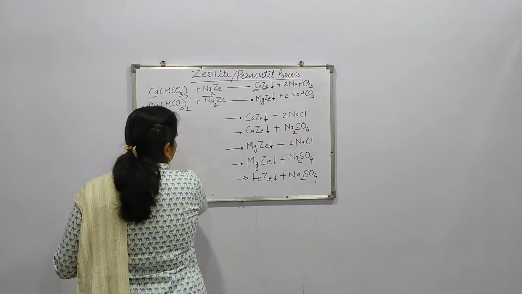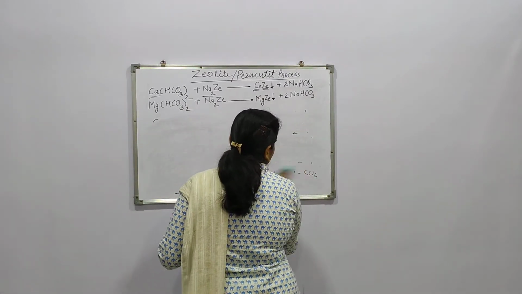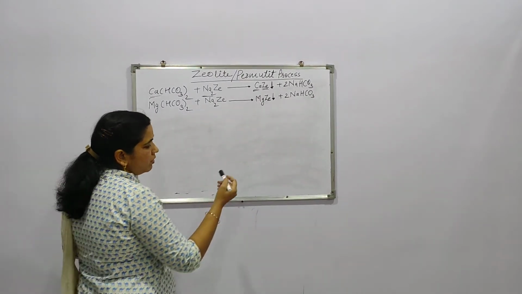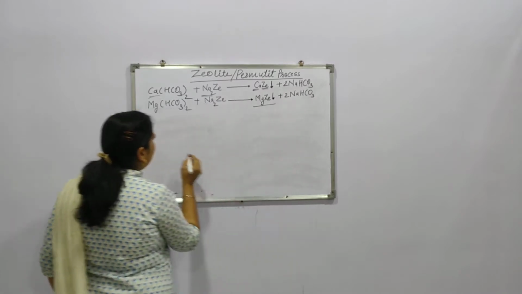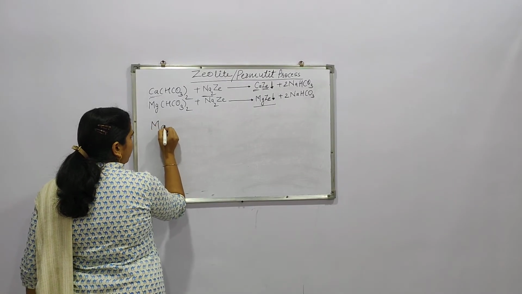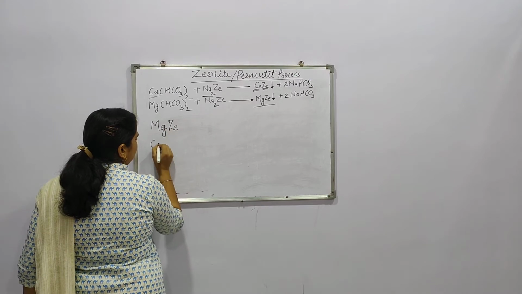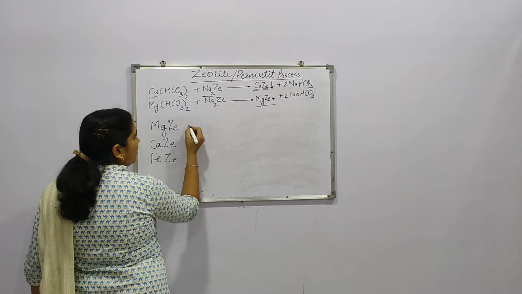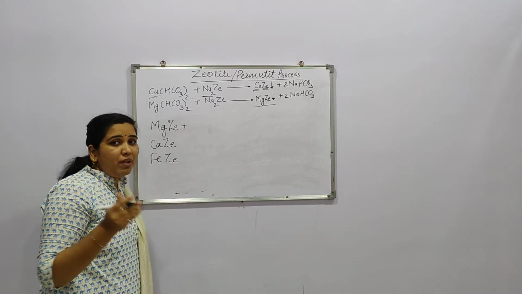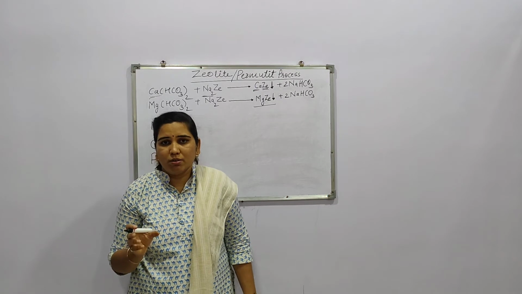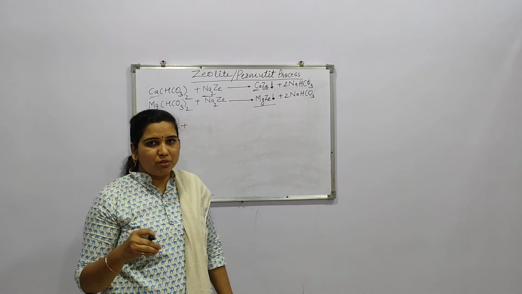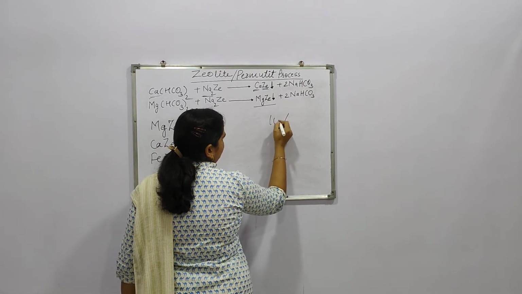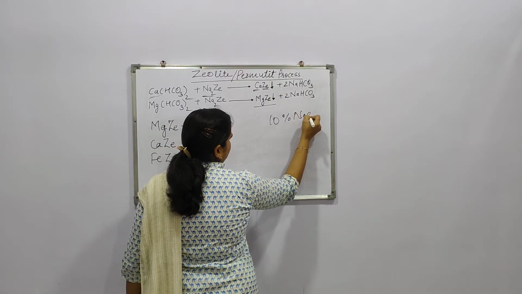Now we will see the process of regeneration. For that I am writing these particular reactions. Once there is a formation of MgZe or CaZe, all the products MgZe and CaZe are formed, and somewhat FeZe is also there, which we will consider. Now what we have added from the upper side into the container is brine solution. Brine solution is also called a 10% NaCl solution.